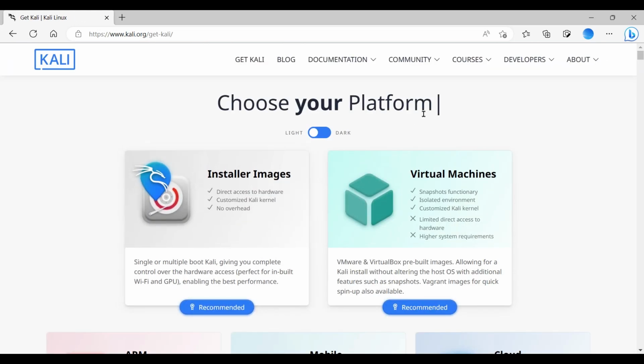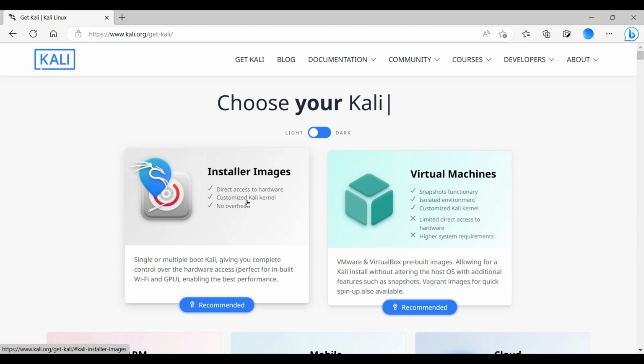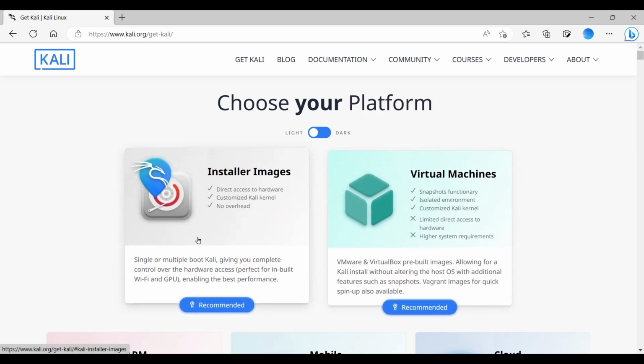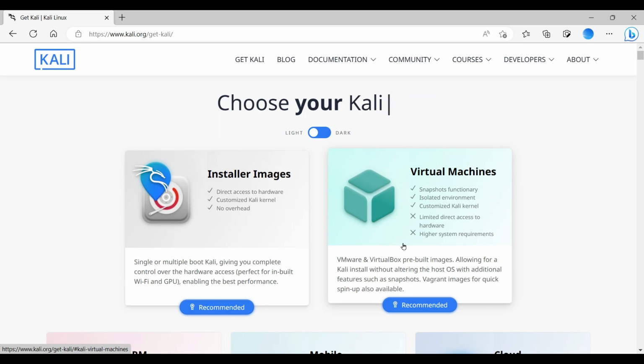On this page we have two options. These are the installer images, also called ISO images, and these are the virtual machines. These are pre-built images for VMware and VirtualBox. In this video, I will use pre-built image. For ISO image, I will make separate video. We'll click on virtual machine,